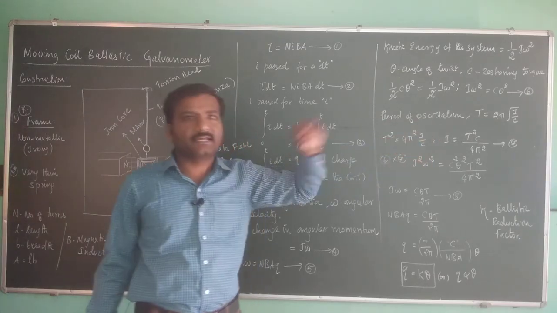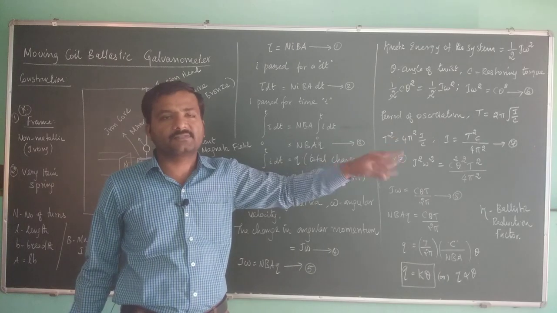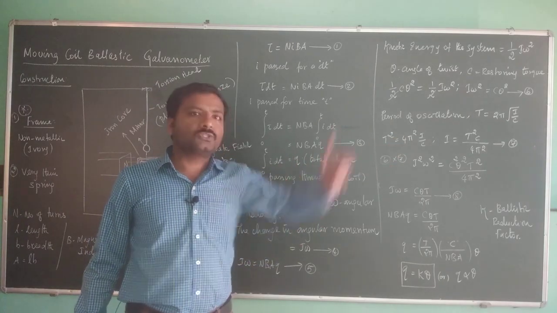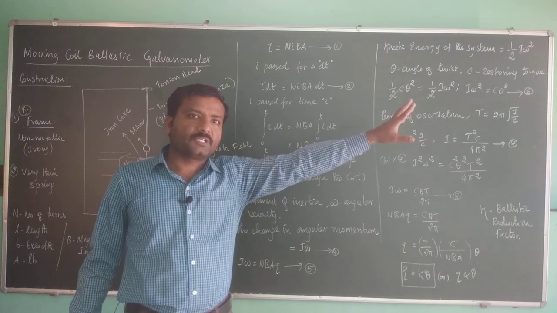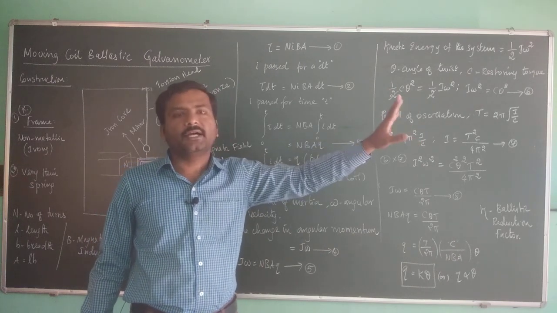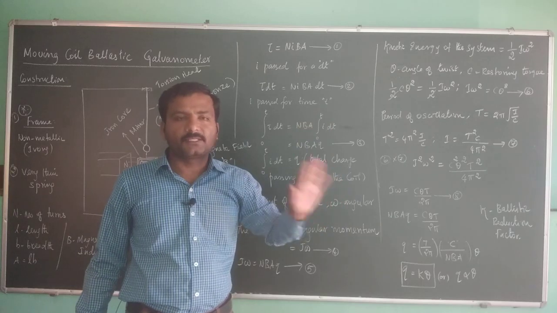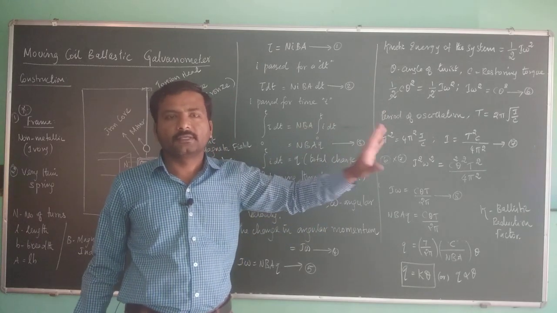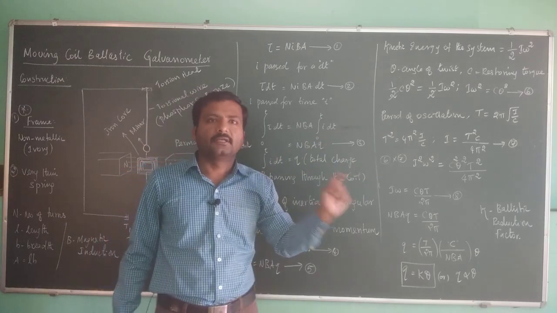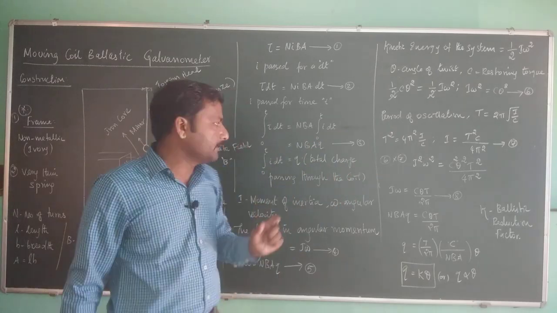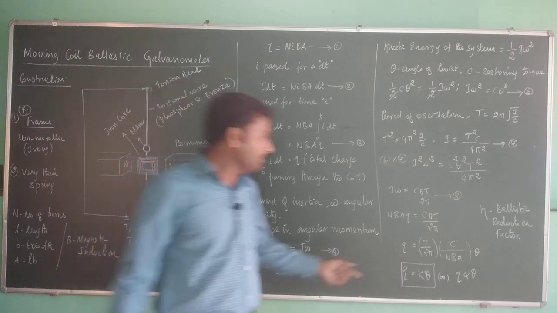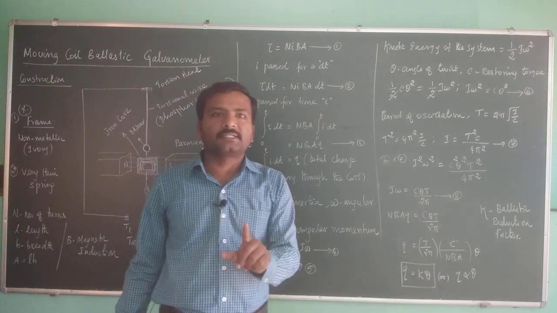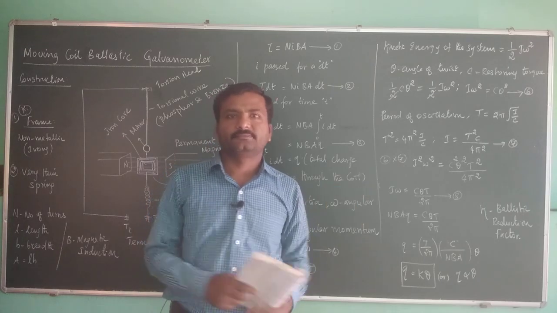If there is no air resistance and no induced current, one ideal throw would be experienced, right? That length will not be observed practically, so even the first throw will be lesser than the ideal one. So we need to make a correction factor. How to make the correction factor, and how that correction factor will be fitted into this expression, will be discussed in the next lecture. Thank you.